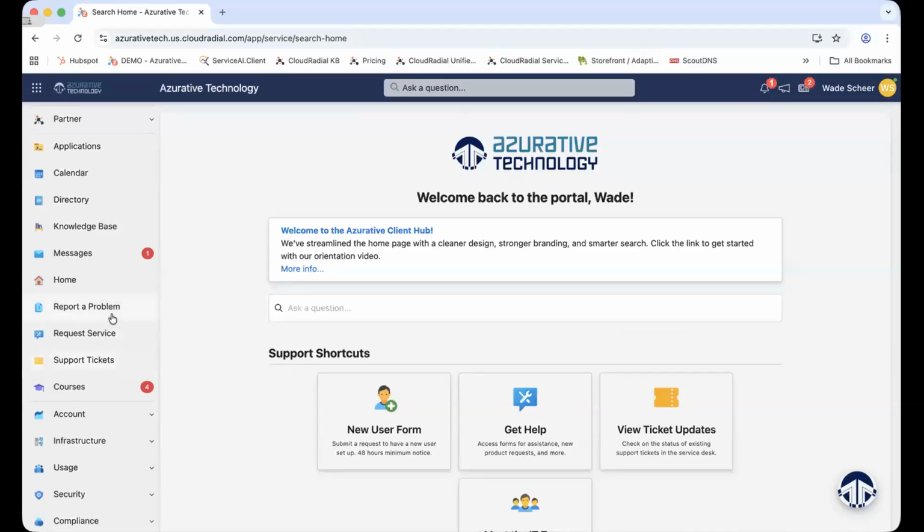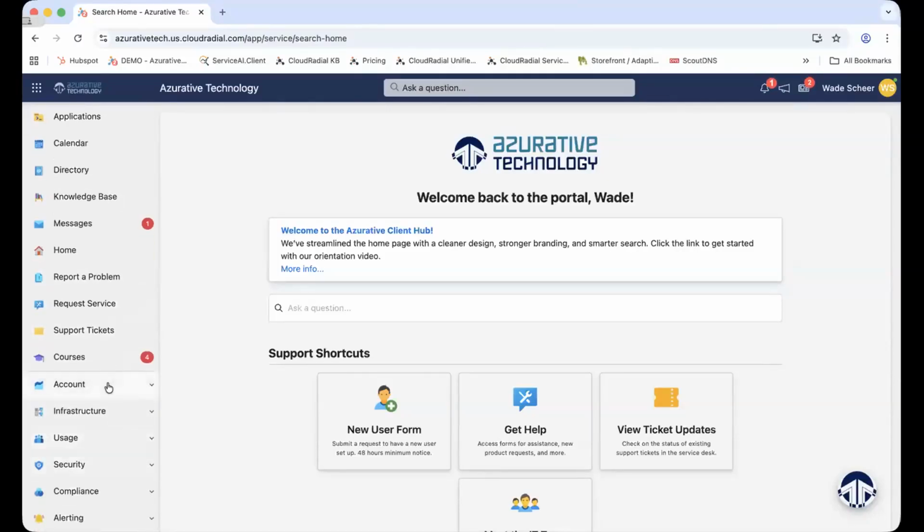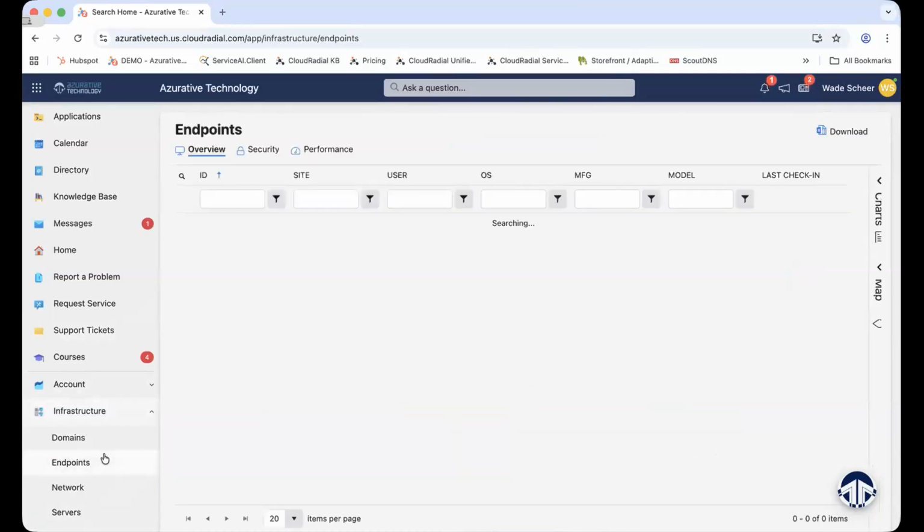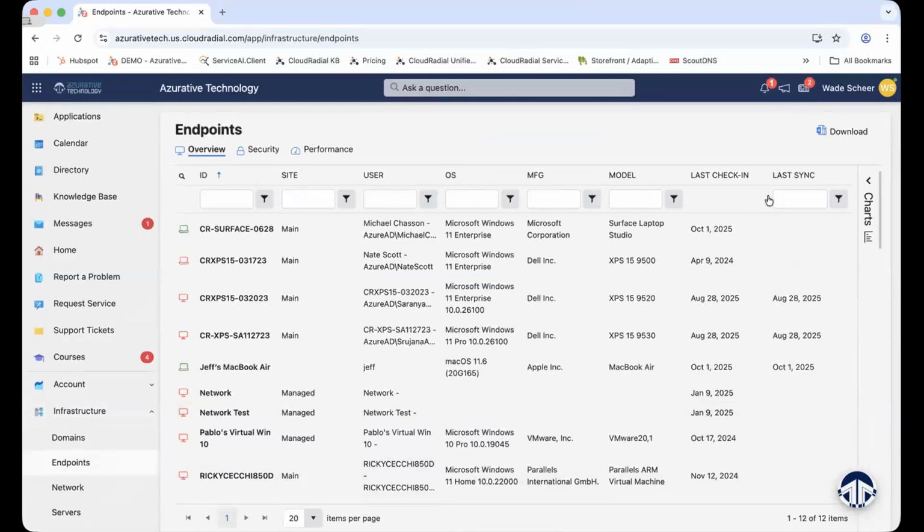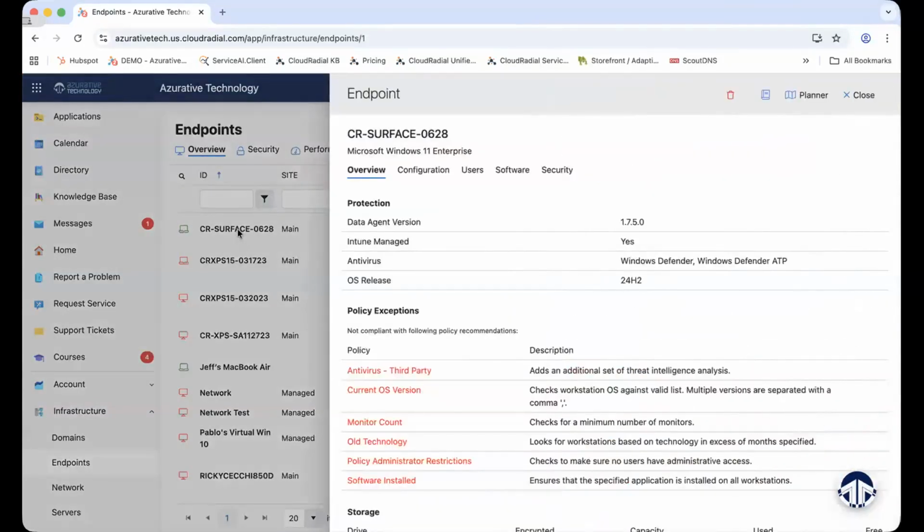What do I mean by this? Going down to the bottom here, from account to alerting, think of this as your vCIO QBR reporting tool set. Now, these first three tabs that I want to highlight or feature, this really helps to thread the needle as to how we pull some of this information into the portal. You're able to pull endpoint information, inclusive of configuration data, user data on that endpoint, an overview of the machine, generally what you would expect,